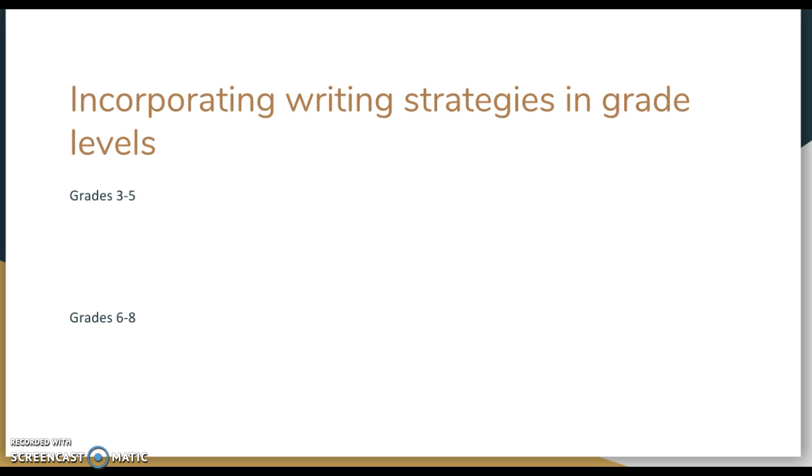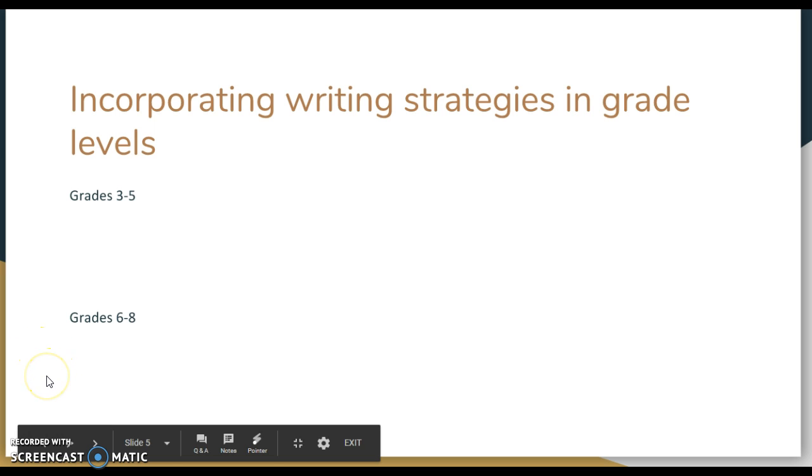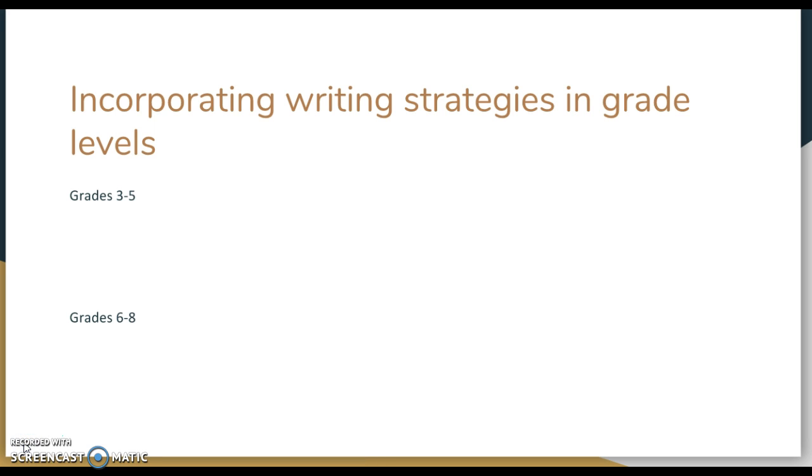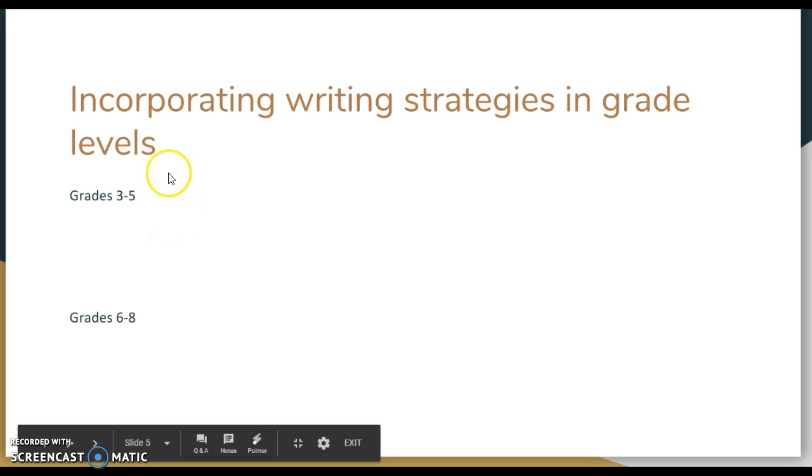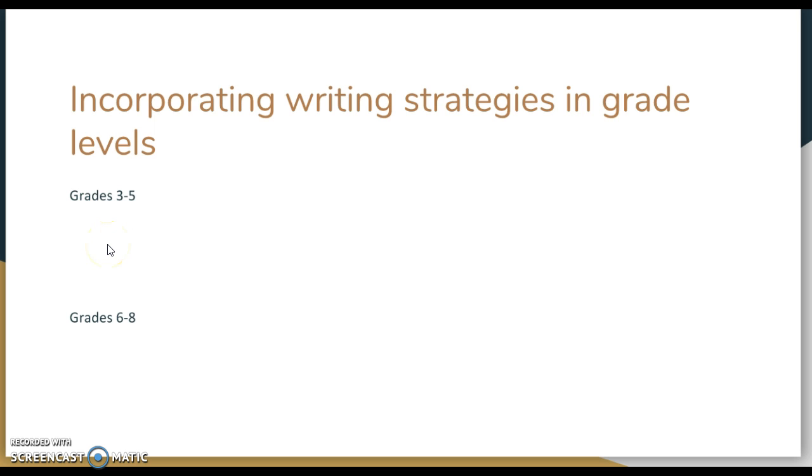Next, I intend on talking about writing strategies according to grade level. So by certain grade levels, students are expected to know certain writing strategies. So this will be an opportunity for me to go into depth with some of the writing strategy goals. So for example, I would talk about how Gail Tompkins suggests that grades 3 to 5 have at least 8 to 10 strategies that are fully developed and that are self-regulated.